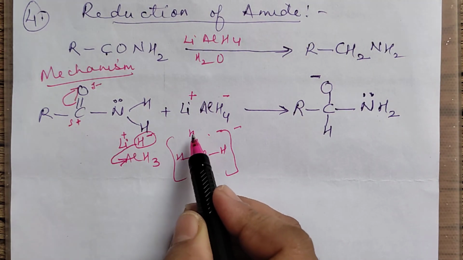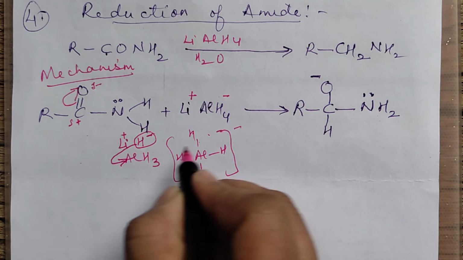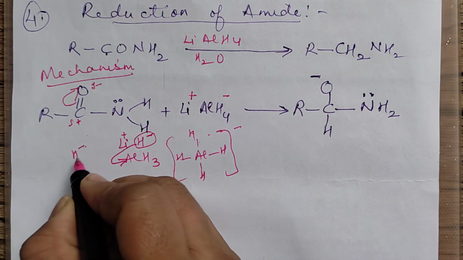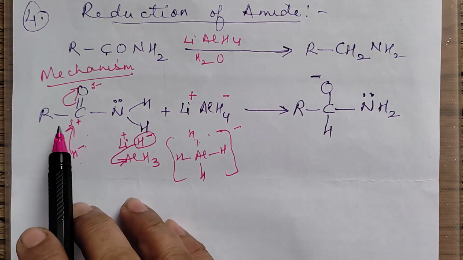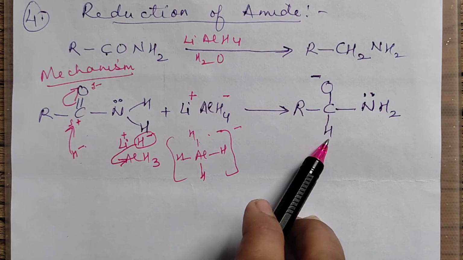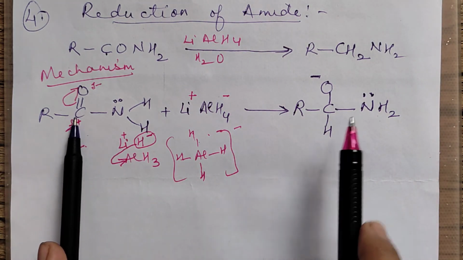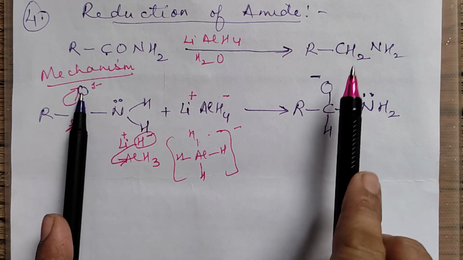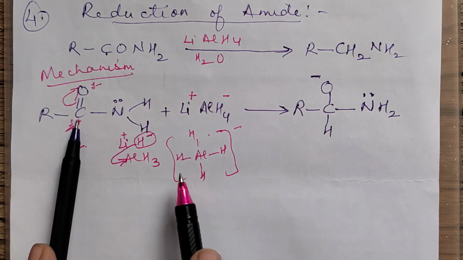So this carbon, now that it is getting a positive charge, this is negative, this is positive. So this H minus from here, I'm writing one H minus on this side. This will attack the carbon atom. So when this attaches here, I have shown what changes have been made. So what are the changes? R, C, that is now a single bond. I wrote it with a negative charge, and this H minus from aluminium hydride has attacked this.